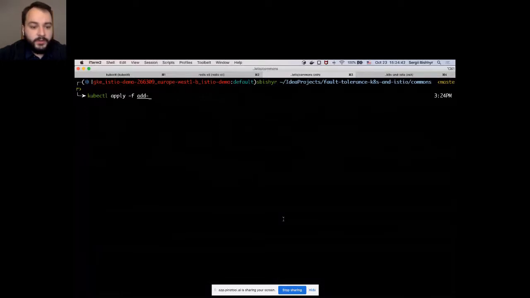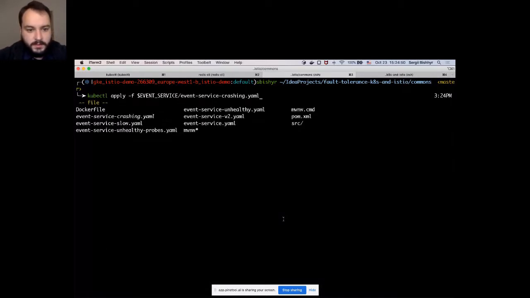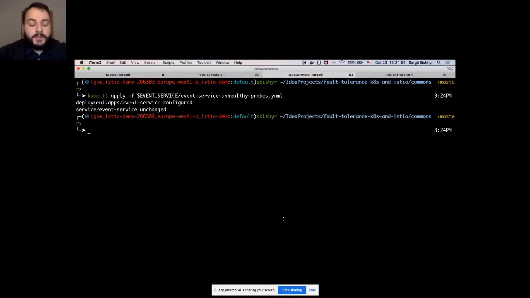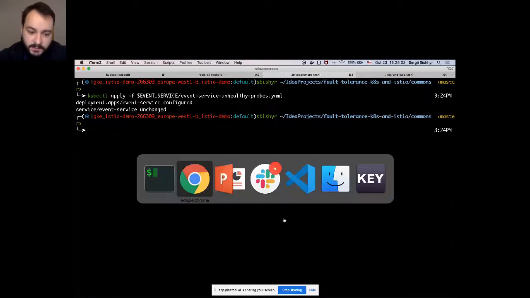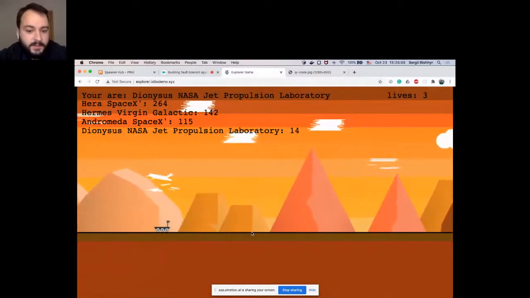Kubernetes should send health checks to the event service. Kubernetes will send this request to the service to ask if it's up and running and if it's okay. So after this, we can still play the game.